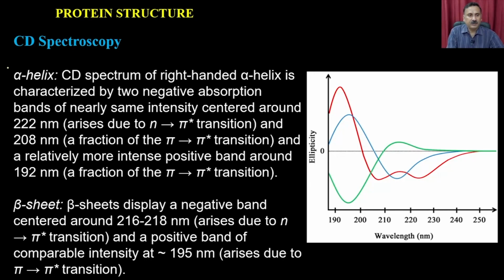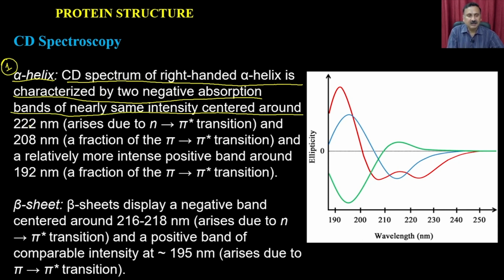So what do you expect if it is an alpha helical protein? The CD spectrum of a right-handed alpha helix is characterized by two negative absorption bands of nearly the same intensity centered around 222 nanometer,